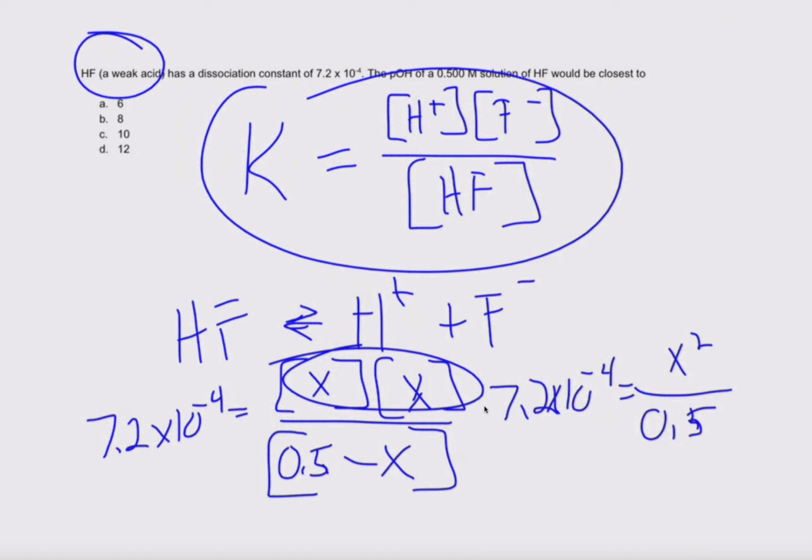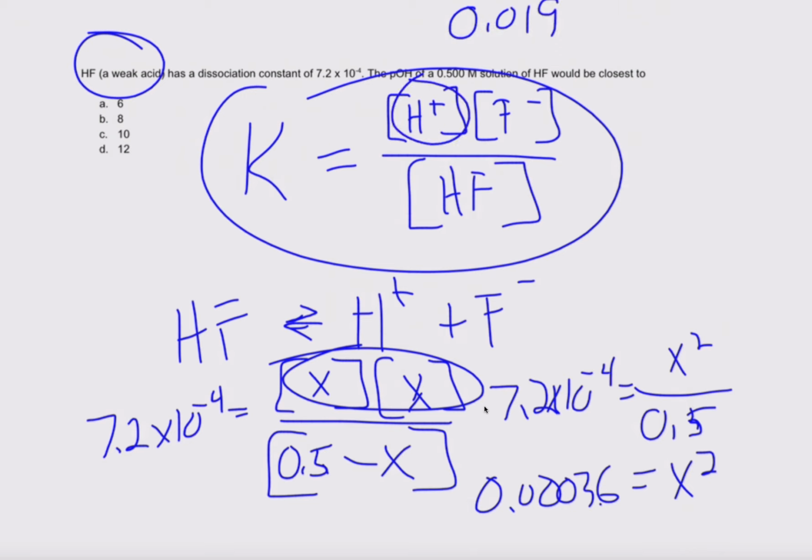So now, to solve for x squared, we're going to multiply the 7.2 times 10 to the negative fourth times 0.5. We're going to take the square root. When we multiply times 0.5, we get 0.00036, or 3.6 times 10 to the negative fourth, equals x squared. So then we take the square root of that, and we get 0.019. That's the hydrogen concentration,